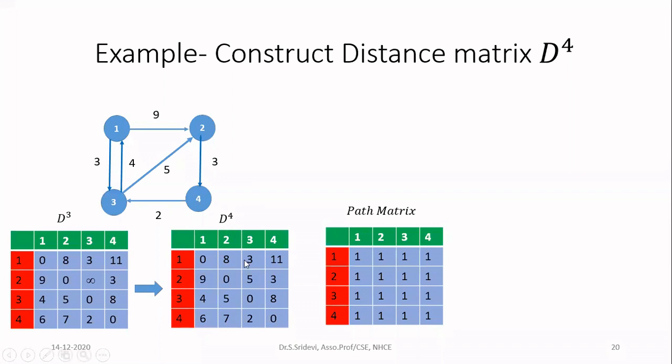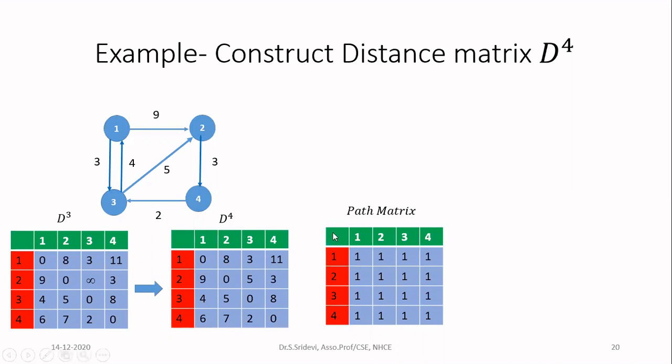And finally, we are going to construct the path matrix. Actually, no need for this path matrix. But when we started the representation of graphs in the beginning classes, I told that we have 2 ways of representing a graph. One is called sequential representation, another is linked representation. In sequential representation, we have seen adjacency matrix, incidence matrix, and then path matrix. In the path matrix, I told that we will see how to construct this matrix in detail in the Floyd-Warshall algorithm.